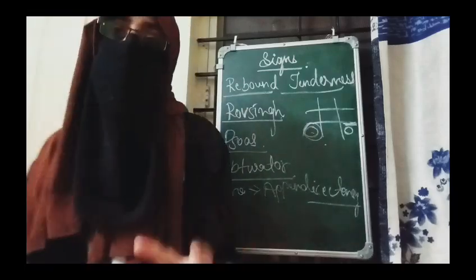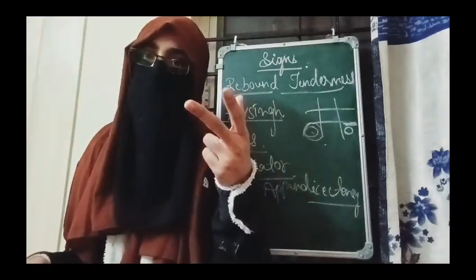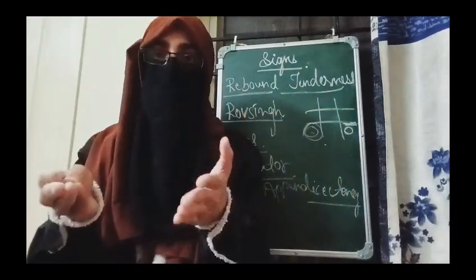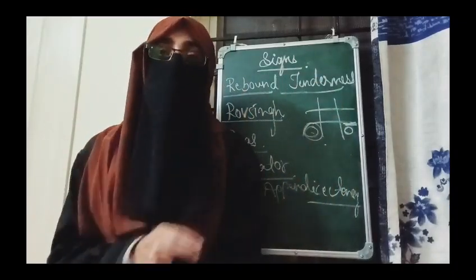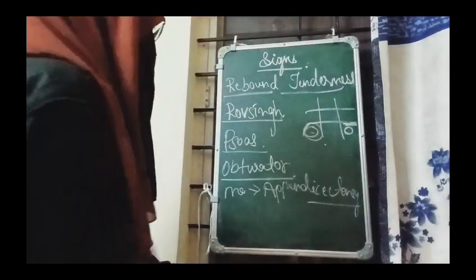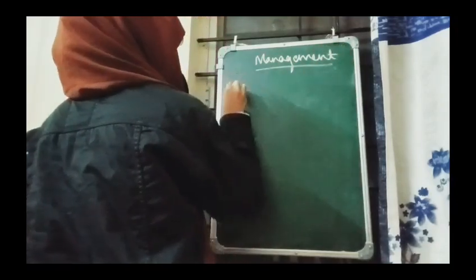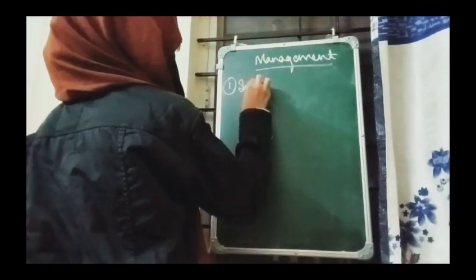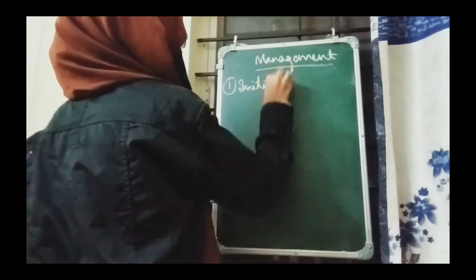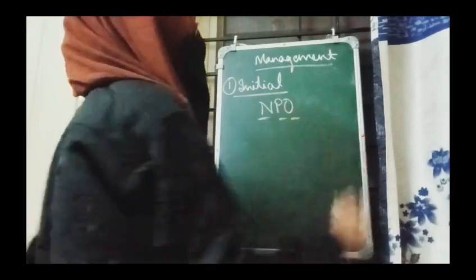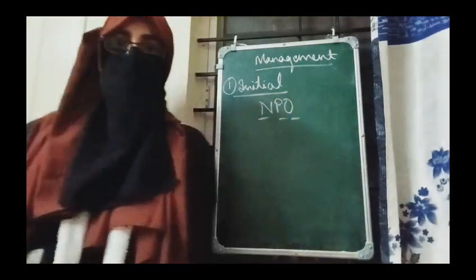Now let's study management. There are two types of management. First, initial assessment, because the patient is complaining of pain, so first we should handle it. Once we have confirmed that it is appendicitis, initially we keep the patient NPO. What is NPO? Nil per orally. That is, we don't give anything orally.